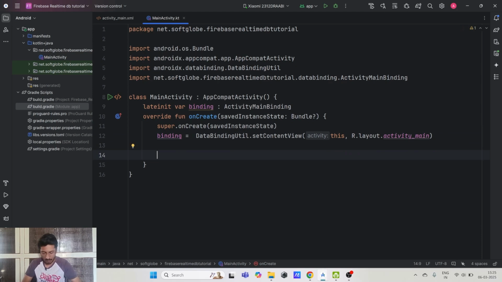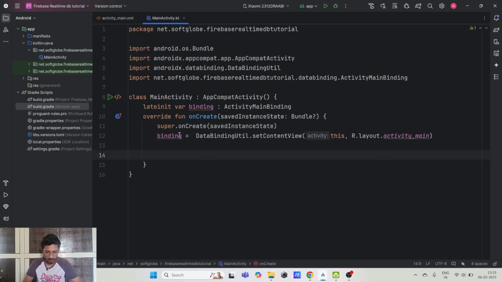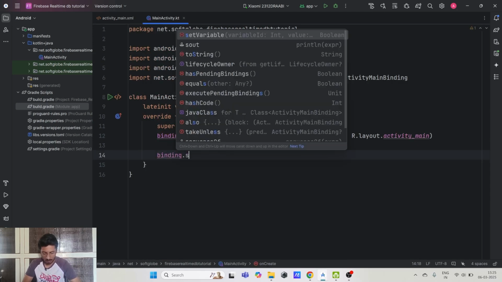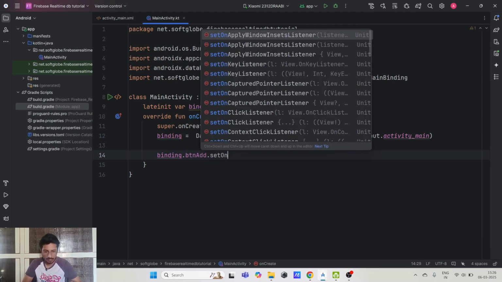Now what we want to do, we want user to insert name and email here, and we just want to add the record to the real-time database once the user clicks on this add user button. So for that we need to set an on-click listener on this button. So binding dot btn add dot set on-click listener,